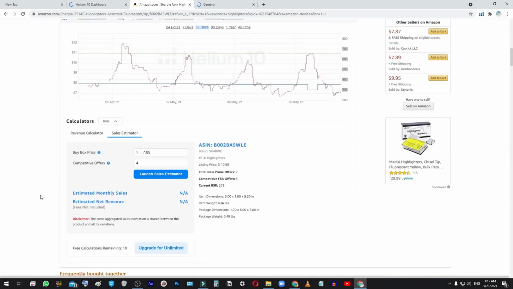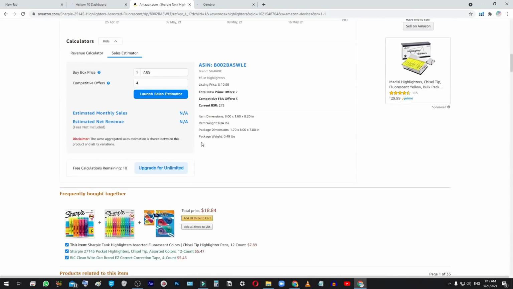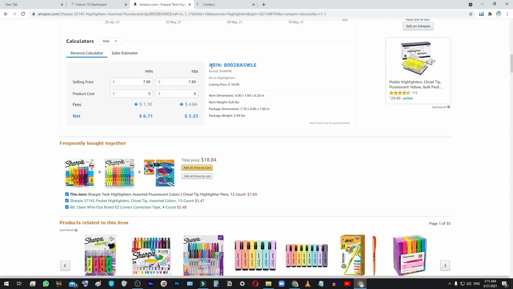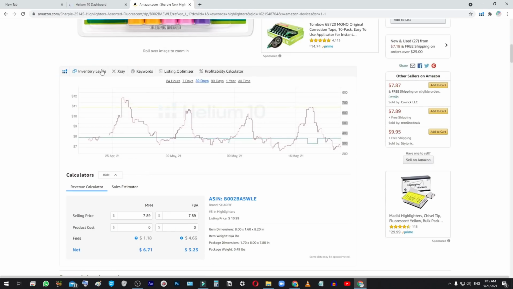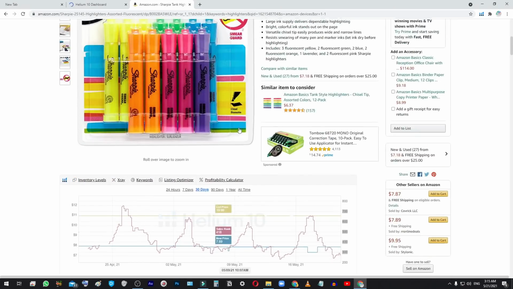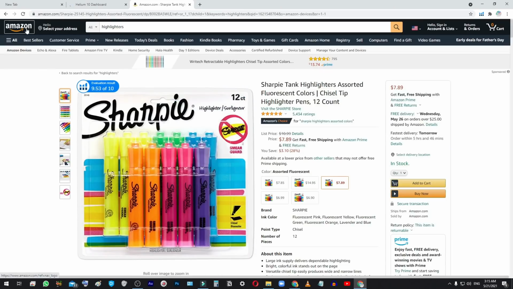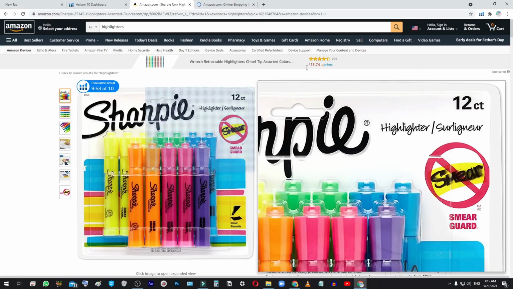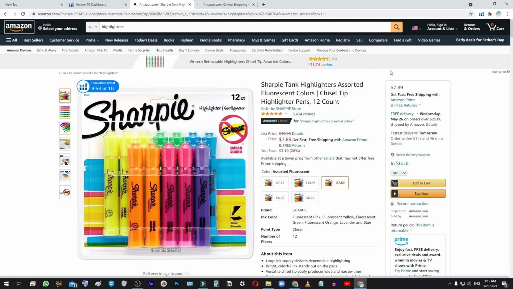Well, it's really important after figuring out that yes, there is high demand, there are some other things that will factor in. But next you want to look at competition. What is the level of competition in this case? One way of looking at competition is just by the brand, Sharpie. Those are huge brands, that is gonna be extremely competitive. But the real way you want to look at competition on Amazon is strictly by review count. You want to see how many reviews the seller of this product has.